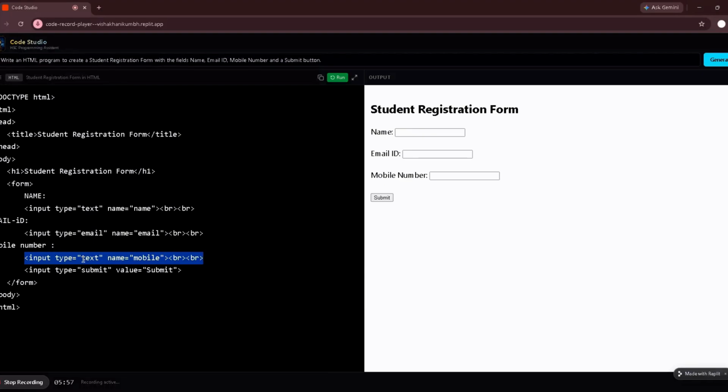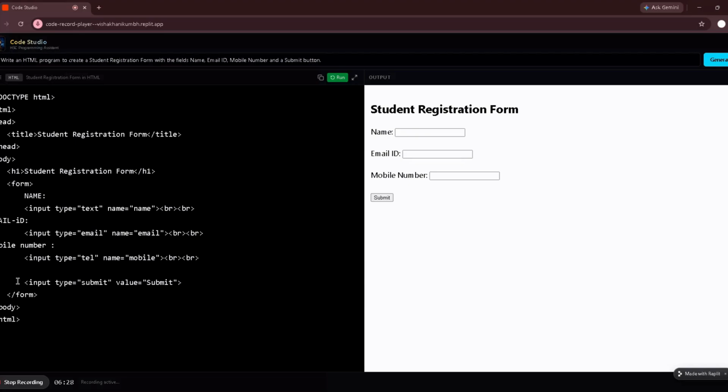So in place of text here we can type number also, because a mobile number is a number, so input type is equal to number. Or we can use tel here. The tel type is used to enter the telephone or mobile number.